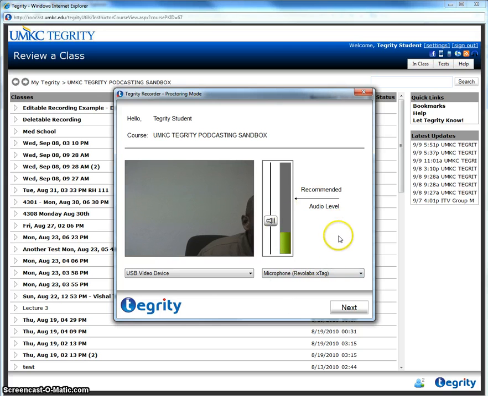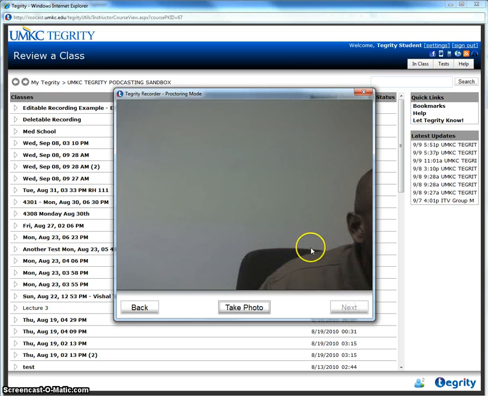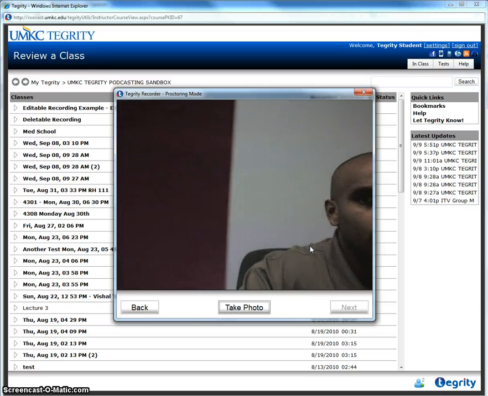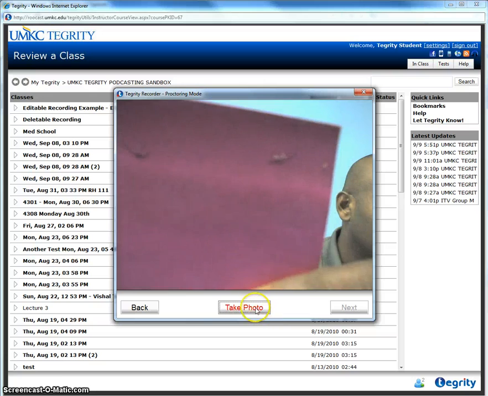The students would, of course, select an audio device that they have, which is maybe a headset or a desktop mic. And this is just to ensure that they are working by themselves. Once they've got both set up, they can just hit Next, and Tegrity is going to prompt them to take a picture. So the student at this point will probably take a picture of themselves. They may hold up an ID to verify that that is indeed them. And once they're ready, they can just hit Take Photo